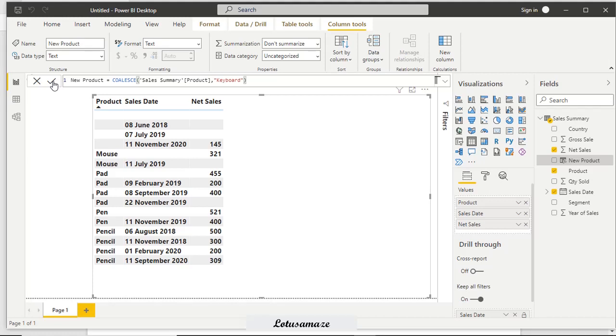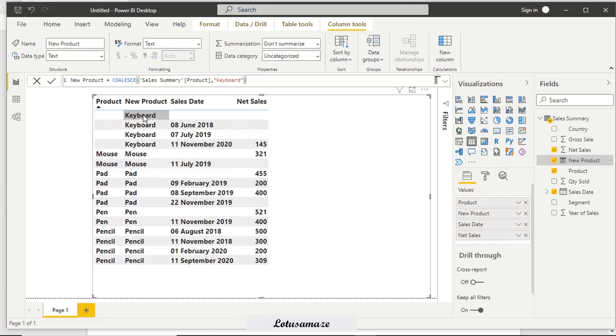The new column is created. The COALESCE function scans the product column and checks whether the value is blank or not. The first cell is blank, so it takes the second value, keyboard. Whenever it comes to mouse, which is non-blank, it retains the mouse. Then pad, pencils. Now drag and drop this column, and we can see the keyboard.